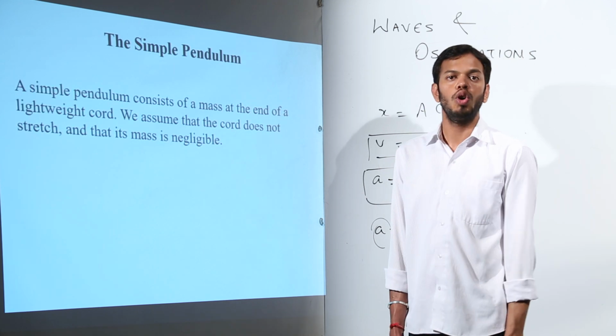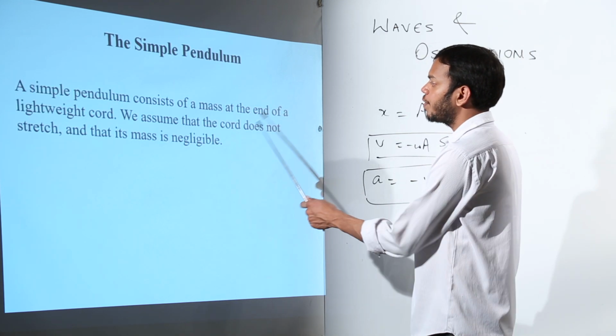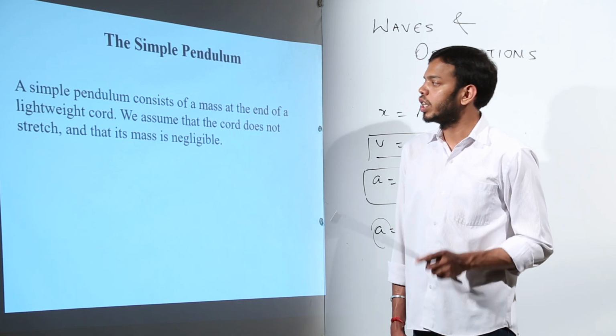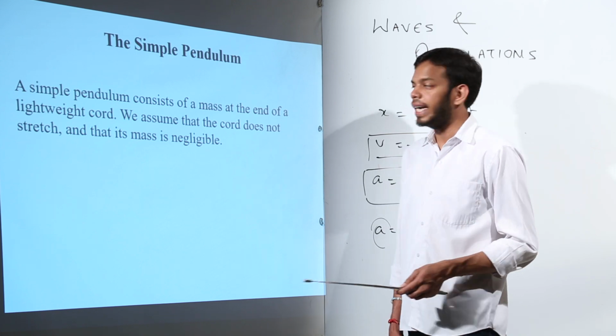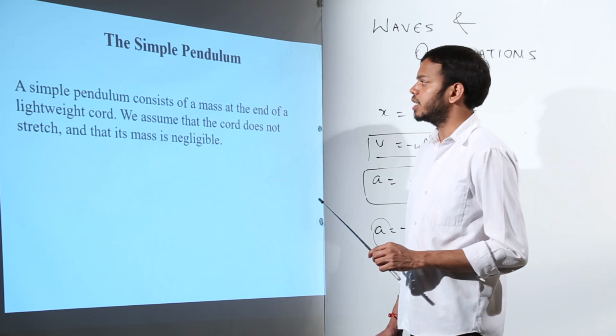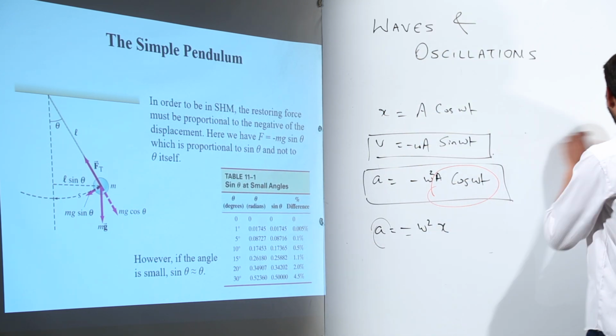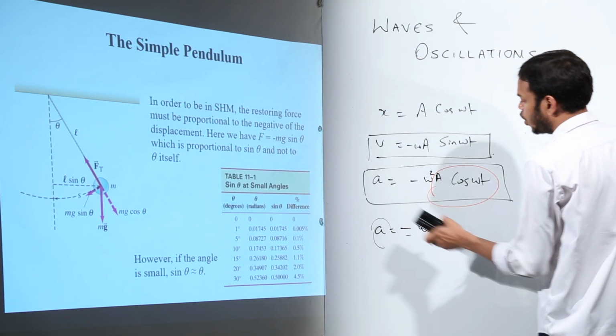Now, simple pendulum, we know about it. A simple pendulum consists of a mass at the end of a lightweight string. We assume that the cord does not stretch, it is unstretchable and its mass is negligible. Okay. Now whenever this pendulum moves, before I take you to that part, I want to tell you something more